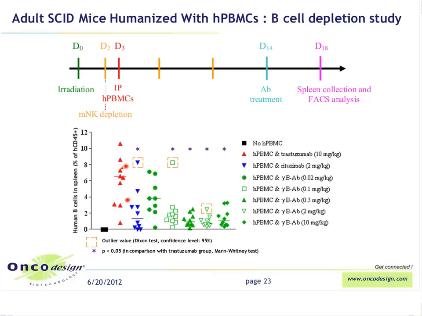You have here the quantification of these human B cells. In the control group treated with irrelevant therapy, and in that case we used trastuzumab as the irrelevant antibody control, around 7% of human B cells are found in mouse spleen. After a single treatment with rituximab at 2 mg per kilogram, we observed a very significant decrease of the B cell content down to 1%,